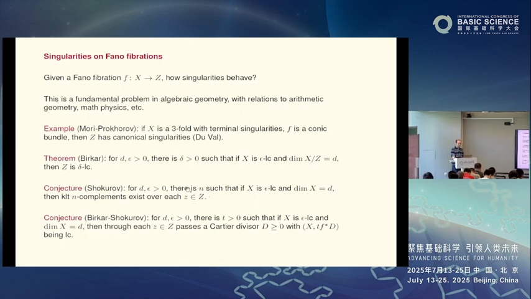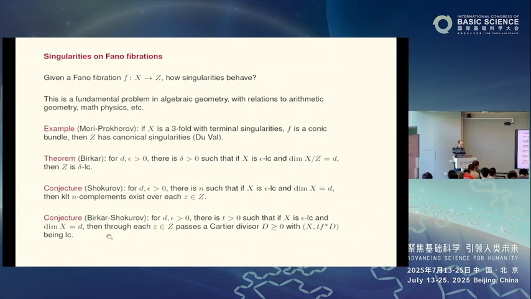For example, if you take a Fano fibration X to Z, then I already explained the notion of a complement. So I told you that in the setting of Fano fibrations, a complement always exists for some bounded number n. But now, if we insist on the singularity of the complement to be nicer, for example, to be KLT, then this is not proved. In fact, even in dimension 3, this is still a very hard problem, and we know very little about this, except in very special cases like the toric case. Otherwise, it's an extremely difficult problem.